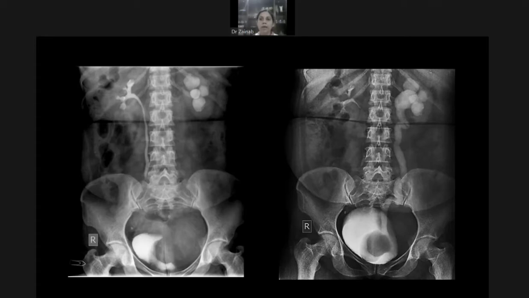So any other finding on the IVP which goes against, supposing I say that I would like to keep the transitional cell carcinoma or the urothelial carcinoma, which is the most common bladder neoplasm, as the first possibility, right? I put up that statement to you, and the reason that you give to me is that it is a very smooth filling defect. Yes, ma'am. Any other pointers in favor of your keeping the submucosal lesion as the first against a urothelial carcinoma? The age of the patient is also something which is not fitting in with a transitional cell carcinoma, that we typically see in elderly males who have been smokers or have other risk factors. Okay, that is not there.